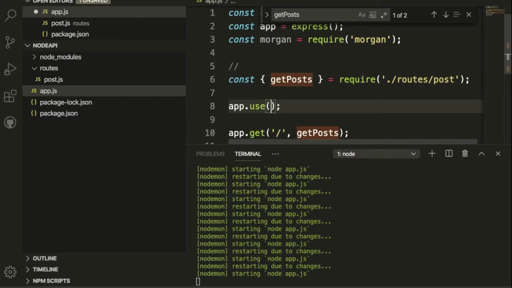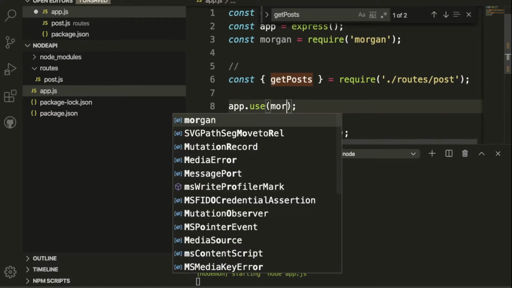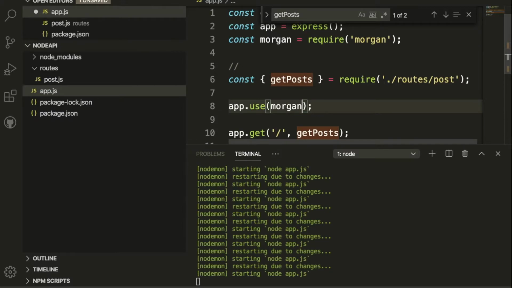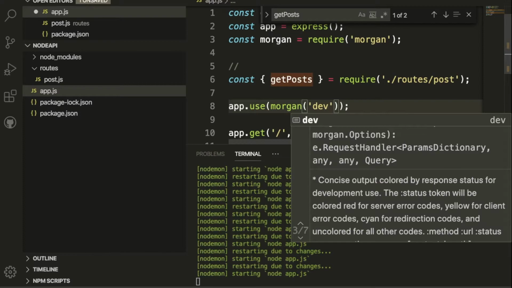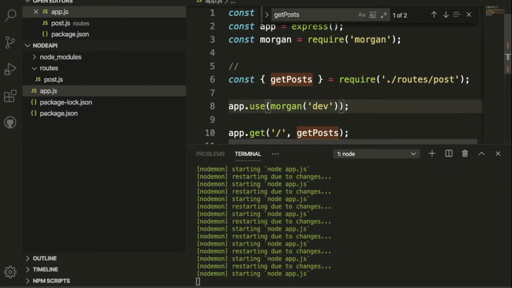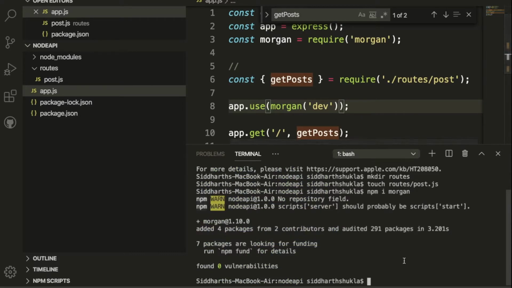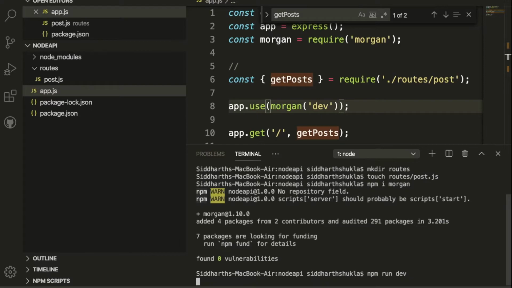Whenever we want to use a middleware method, we always need to call app.use, and inside the use method I need to use Morgan. Inside the Morgan method I need to use dev, which will be called once anyone hits the server. So let's start again.